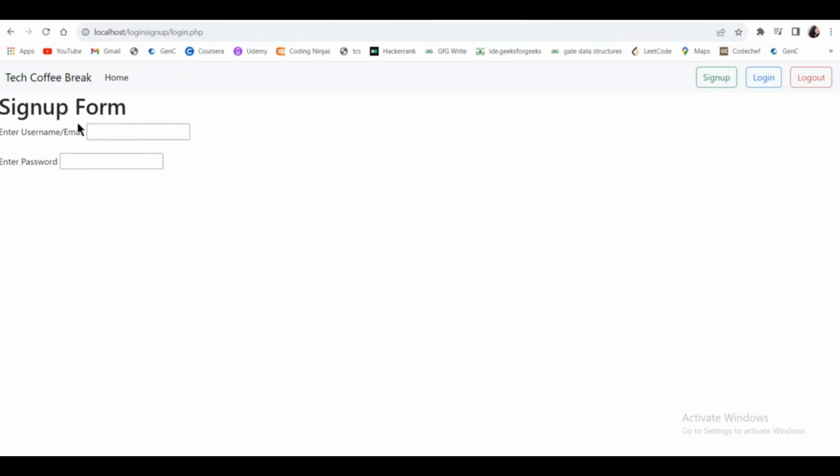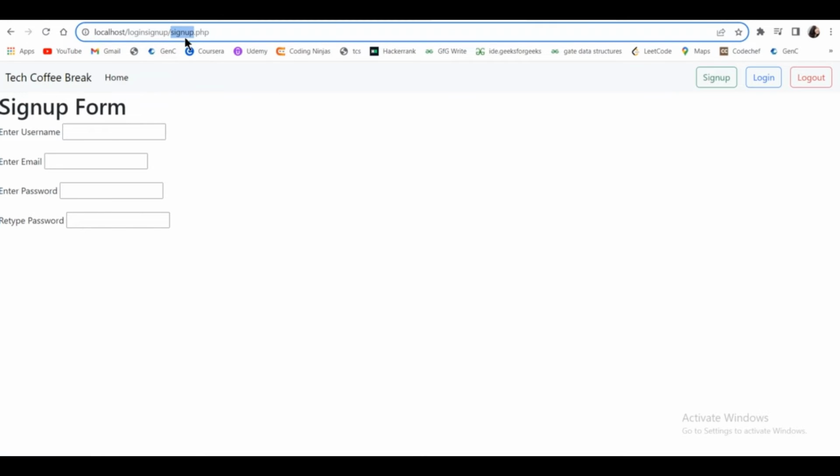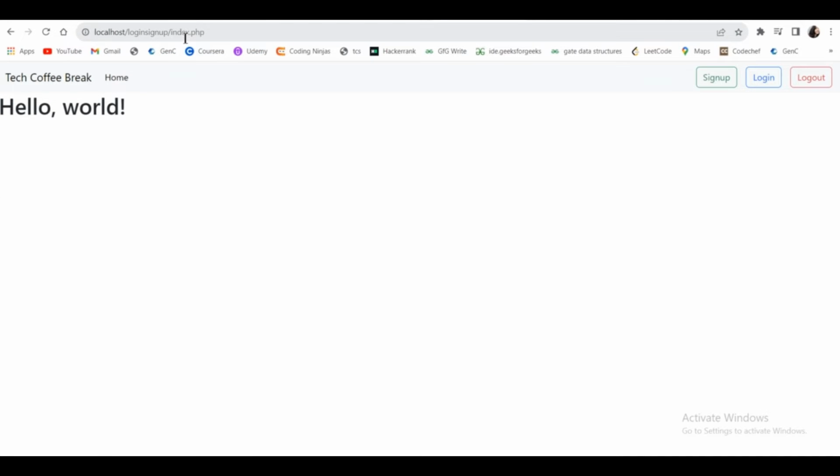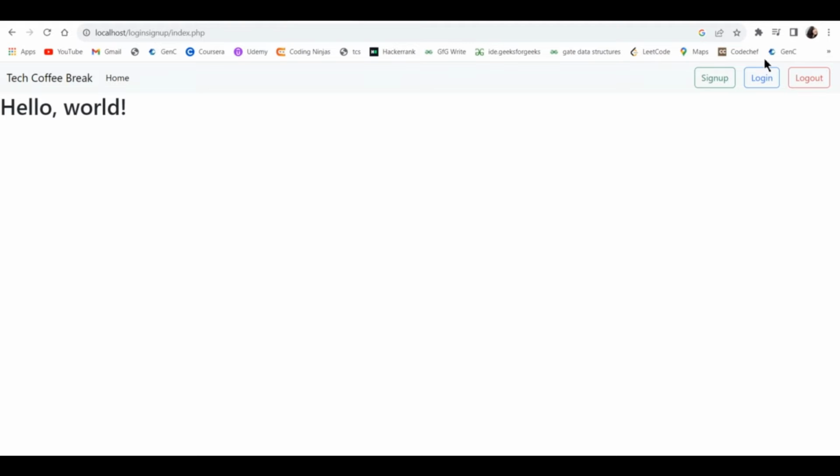As you can see, above the sign up form the navbar is visible, and if I go on the URL and type signup.php, this also shows the navbar, and if I go to the index.php file, then also it shows the nav. Now I want to navigate to all the pages through these buttons: sign up, login, and log out. For that,